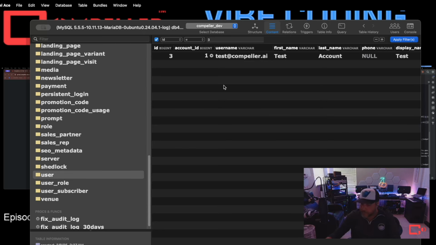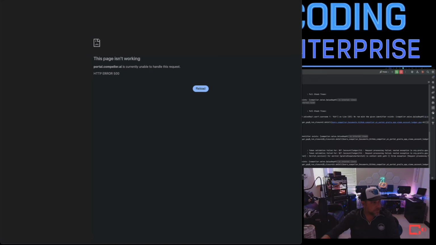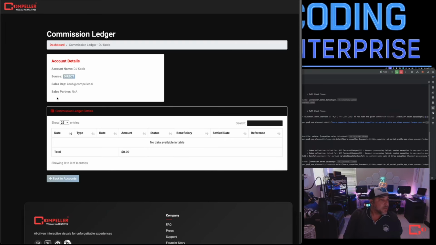Let's go back to our browser and refresh. Cool. All right. So we've got a commission ledger here. It's going to list all the ledger entries. You're going to be able to sort on rate, amount, status, beneficiary, settled date, and the reference.